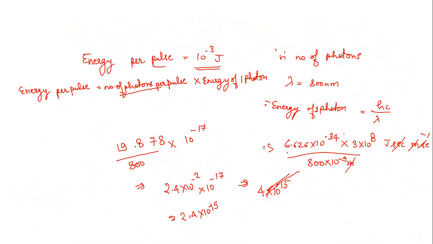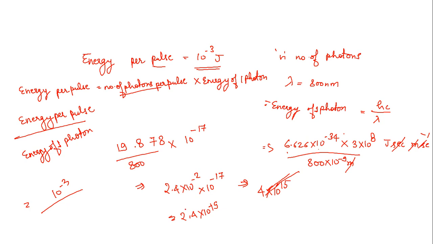So the number of photons per pulse is equal to energy per pulse whole upon energy of one photon, which is 10 to the power minus 3 whole upon the energy of one photon, which has come to be,